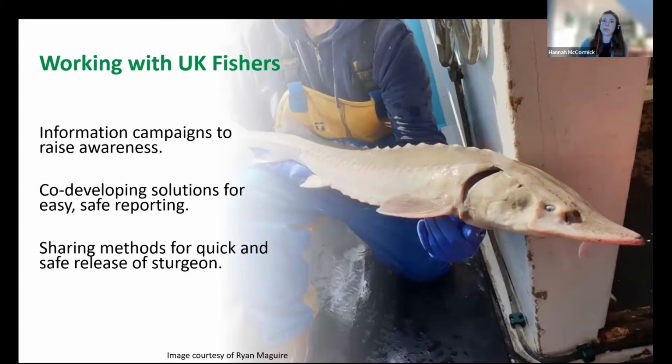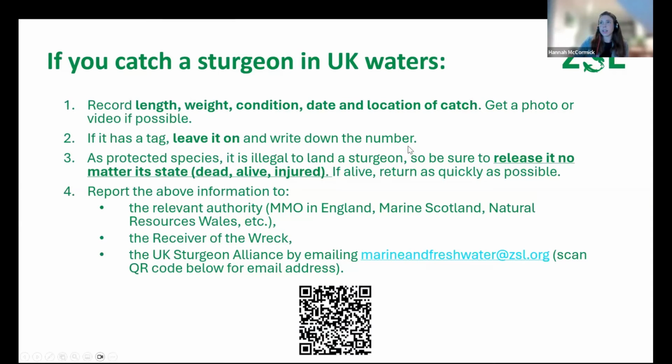For example, keeping them in the shade, keeping them cool and wet when they are on board, and then releasing them as quickly as possible. And using this fisher knowledge is absolutely critical and will massively contribute to the success of our efforts. So this is the type of information that we need to make sure gets out there, and we will continue to share in different networks and through different